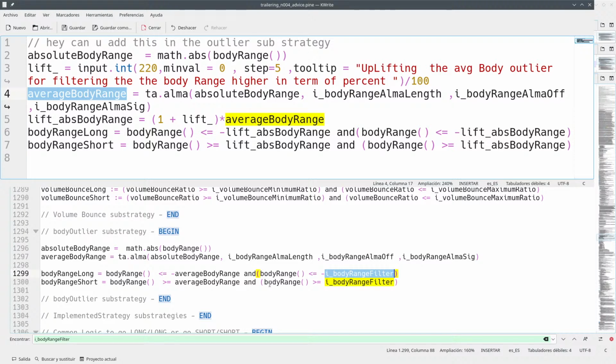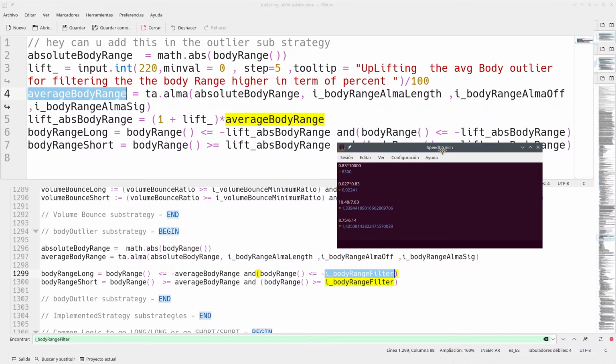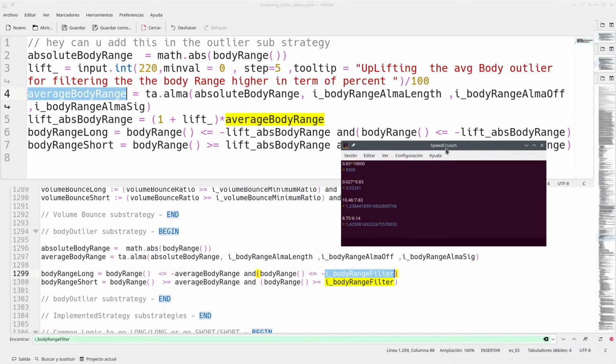I mean, this is the same thing as saying 0. I mean, you've got this 0. So let's suppose that this is a good thing. Okay, so what you are doing here is average body range times